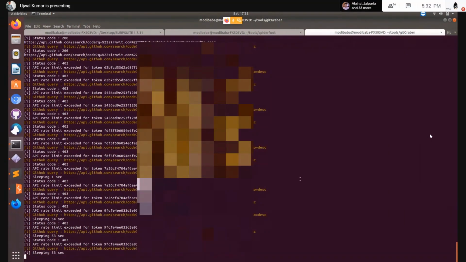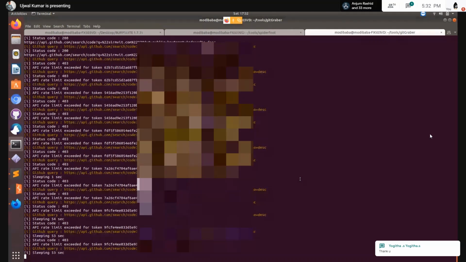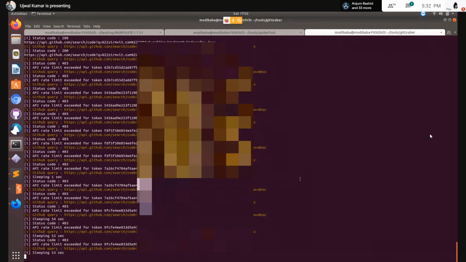I have another question: how do we make sure that the platform we are uploading code to is secure and not getting crawled by Google? For example, GitHub itself might be public, but private repositories should be safe to upload sensitive code. Right. Private repositories are definitely safe to upload sensitive code.